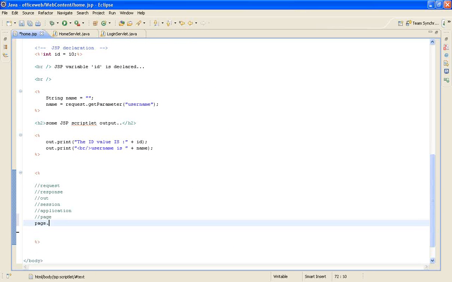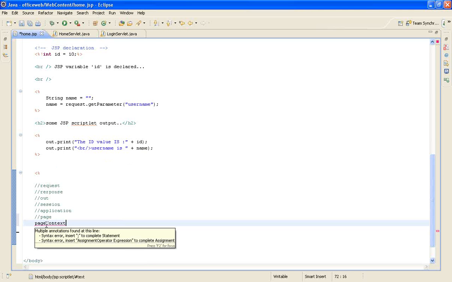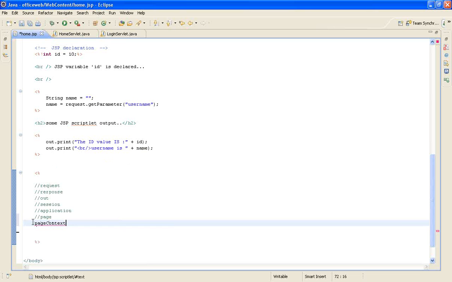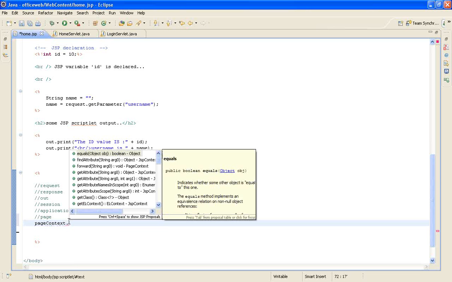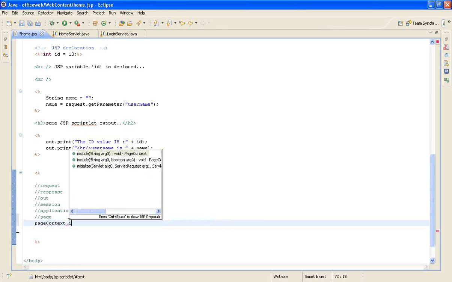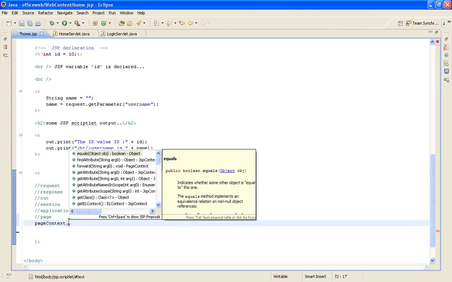And there is one more thing, pageContext. I think pageContext is something similar to servletConfig. I have not used it much before, but let me see what methods you have.